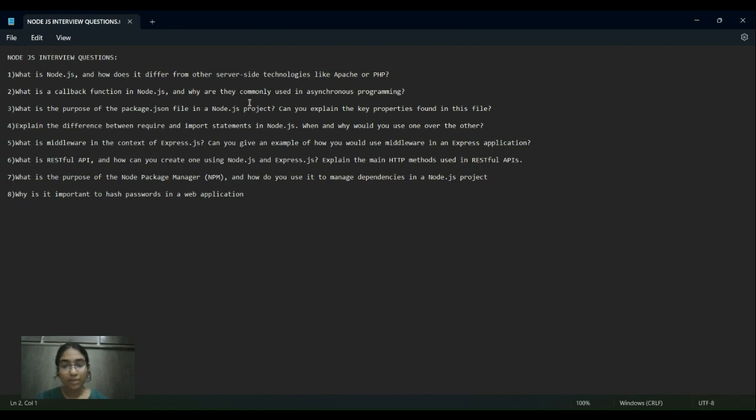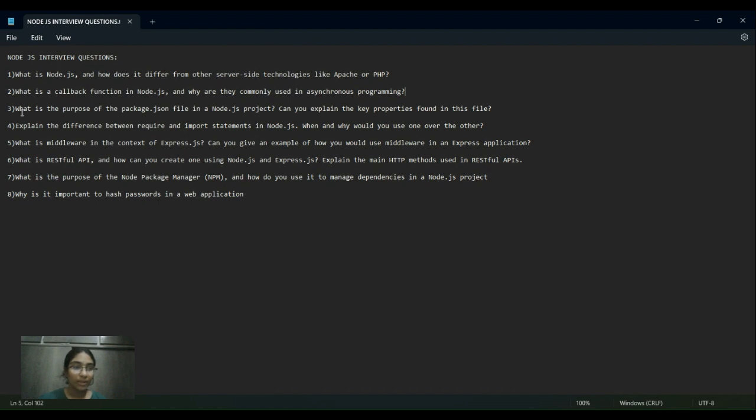These are mainly used in asynchronous programming in Node.js because of things like reading a file and making use of HTTPS, and they are non-blocking. We even have event-driven architecture and single threading, and this can easily handle the errors, and we can easily maintain and manage all these things. So we make use of callback functions in asynchronous programming.